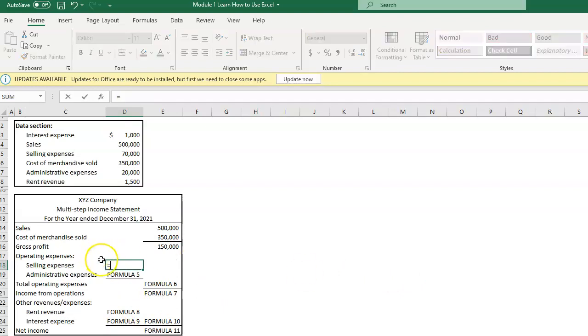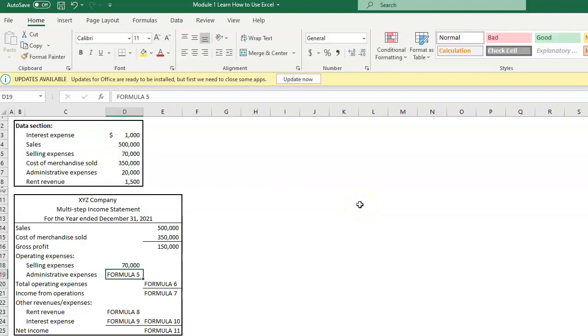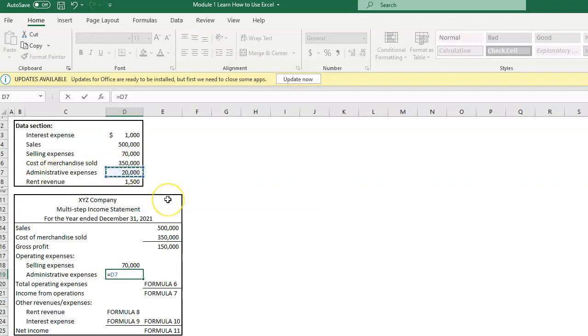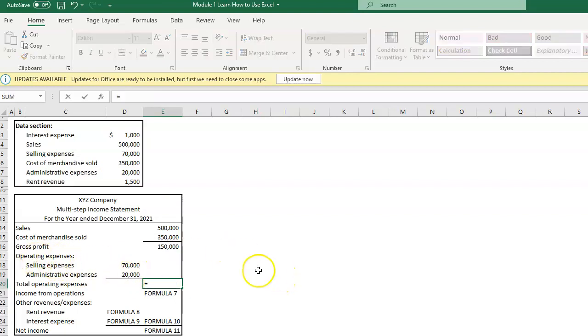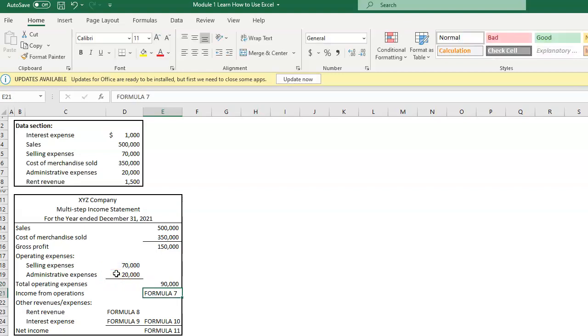So selling expenses, equal sign, find our selling expenses and click. Administrative expenses, put in your equal sign from your keyboard and click on your administrative expenses. Enter. Now when it's time to total those two operating expenses, equals, and we're totaling, so this cell, a plus sign for addition, and this cell here. Enter. Now just in case you forgot, income from operations would be gross profit minus our total operating expenses, so equals, minus,